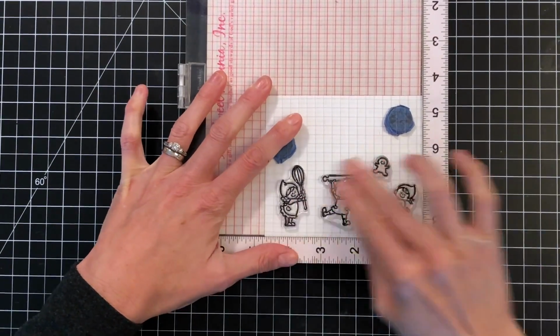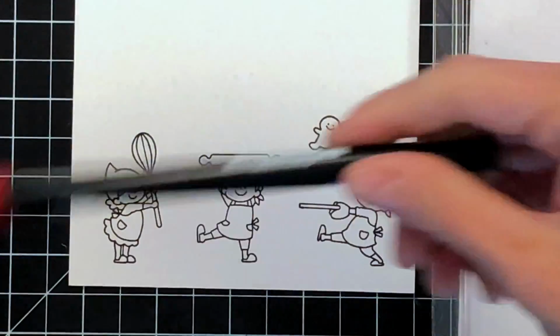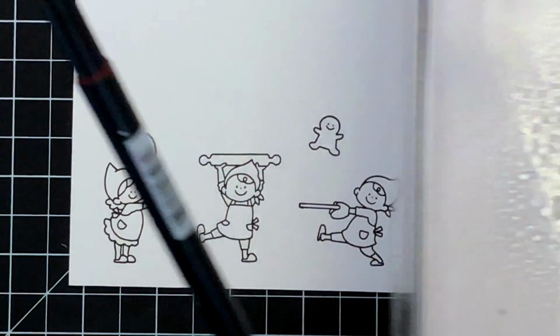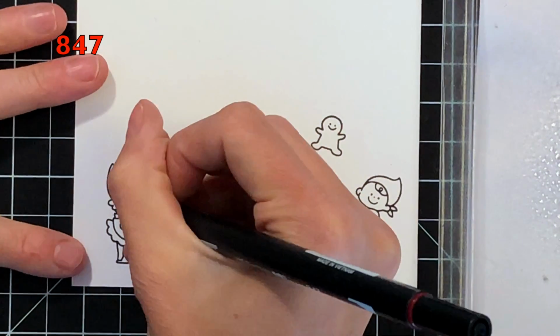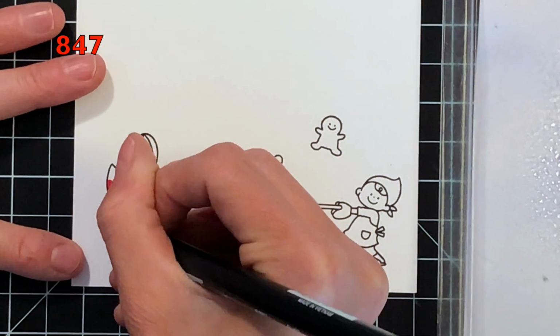The reason I'm using VersaFine and Bristol paper today is because I'm actually going to watercolor these images in. I'm going to use Tombow dual brush pens as my watercolor medium, and I'm going to first spray some water into my palette. My palette is just some old packaging that my scoreboard came in, and once I've sprayed the water, I'm going to take one of the markers and go direct to paper,